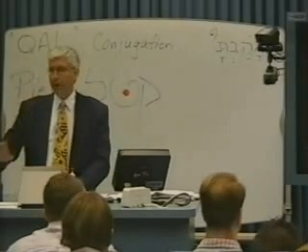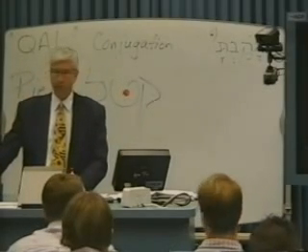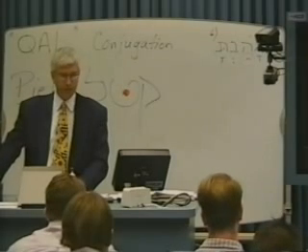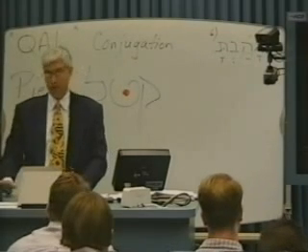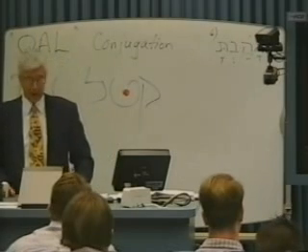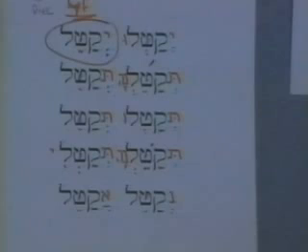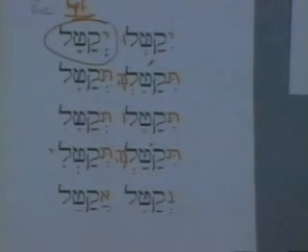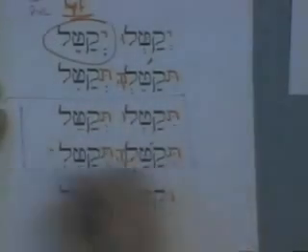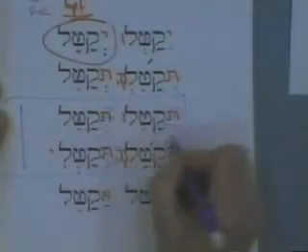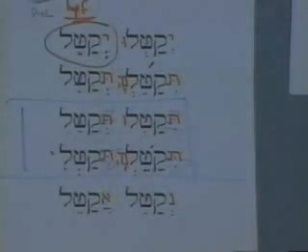We'll hold off with the other forms for the moment, like imperfects and imperatives. They're not difficult. You're going to do the same thing with the Piel that you did with the Qal. I'll show you that. Here's how you form the imperative. How do you form the imperative? Take the second person imperfects, lop off the prefix. Now you've got the imperative down. Okay? This isn't that difficult, okay? The imperative